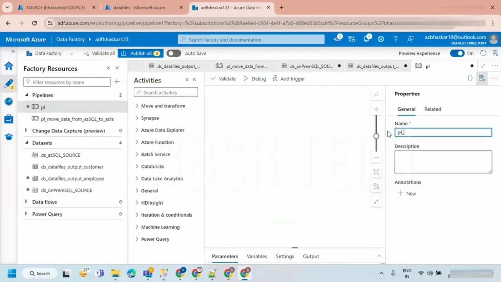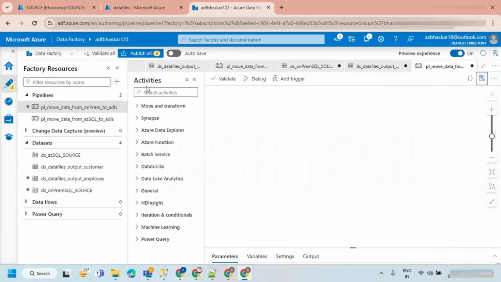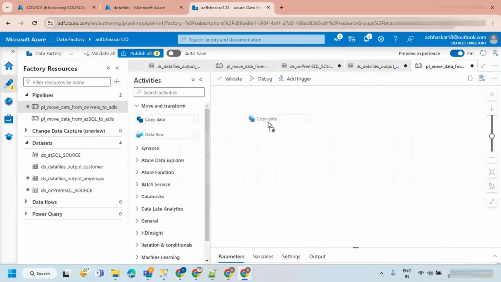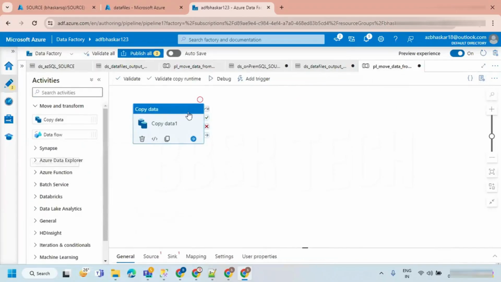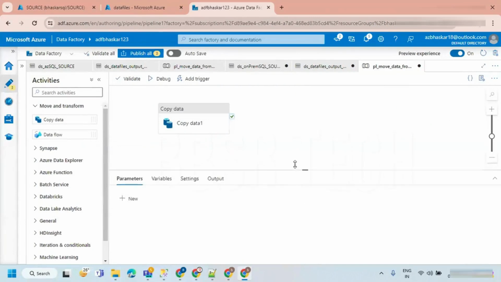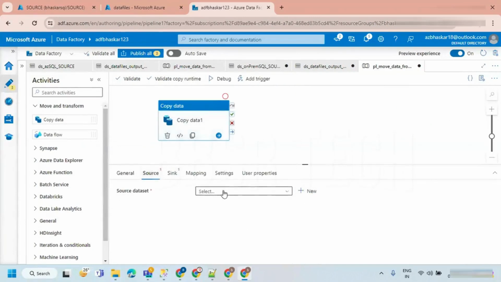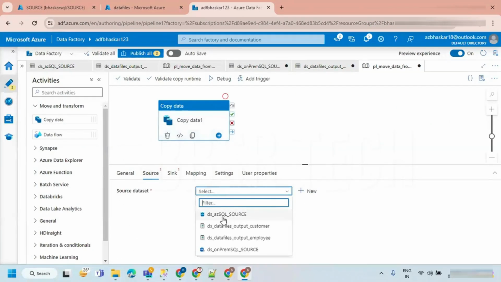PL underscore move data from on-prem to ADLS. Same copy data activity I'm just taking. So here also we have the same options. If you go and select the data set, your source data set is what?